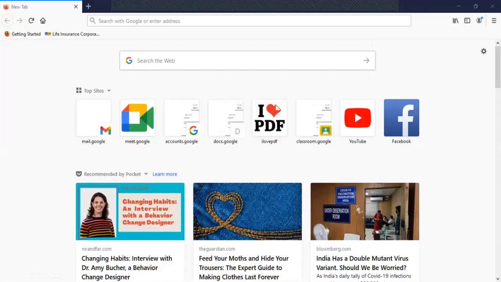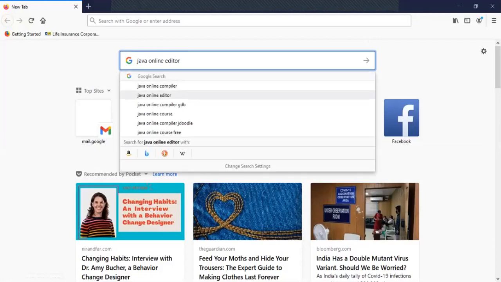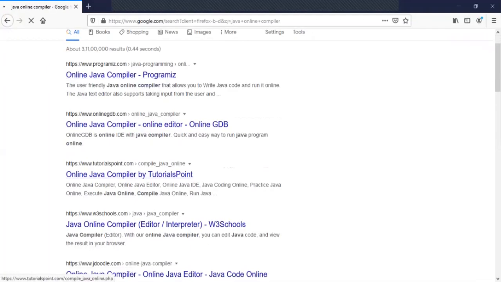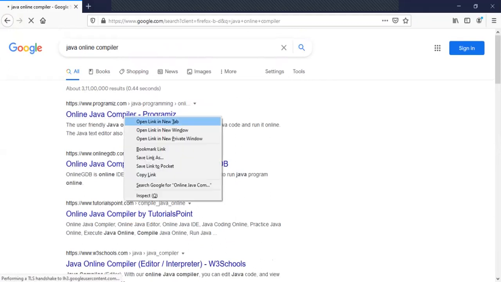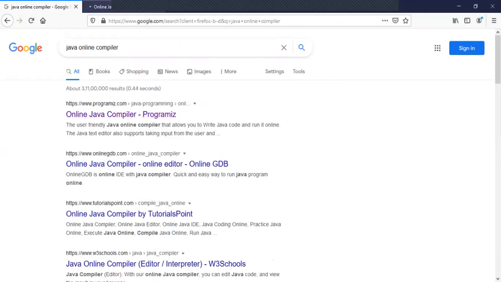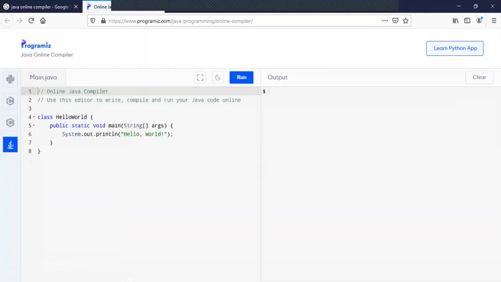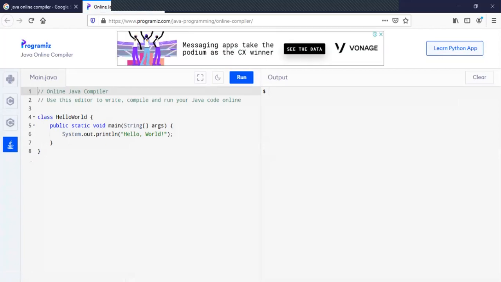Okay students, come to the browser and type Java Online Compiler. Then you will get some online compilers here, and you can go to any one of them. It displays the editor here, and there is already a given class with a hello world program. So you can type your program online. You can open this page on your mobile also, no problem at all. It will work.